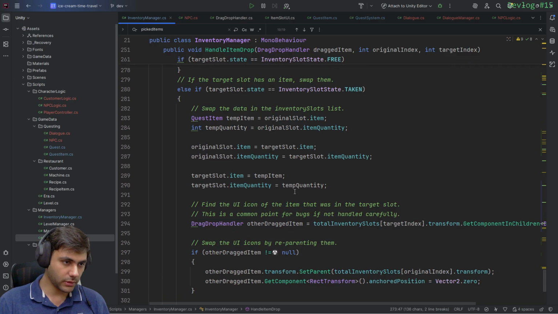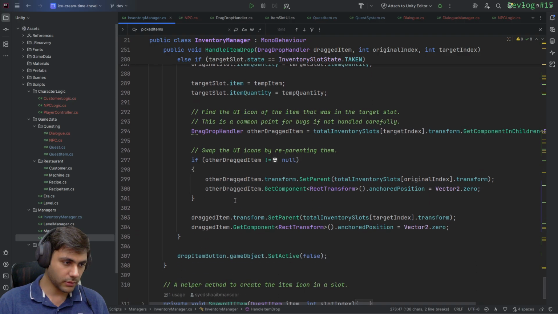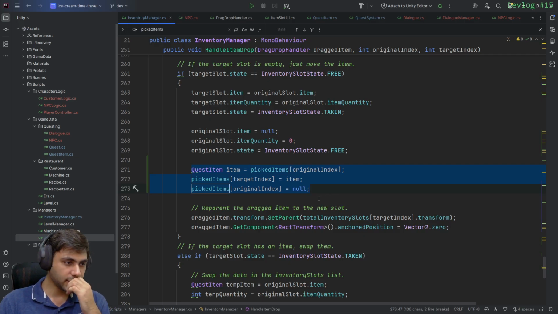Same thing for the other driver, only to swap. How about this? Instead of doing every, I just update my picked items to